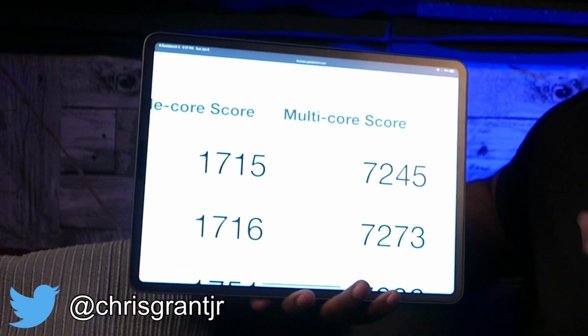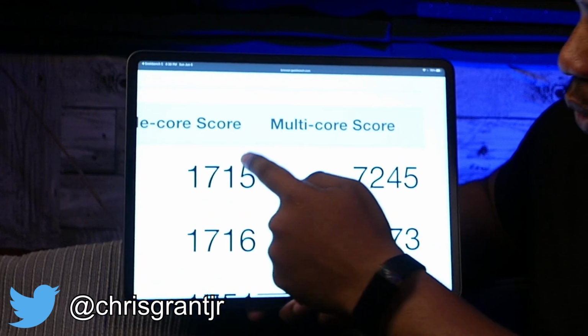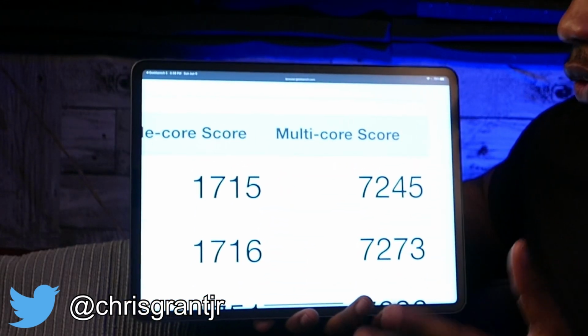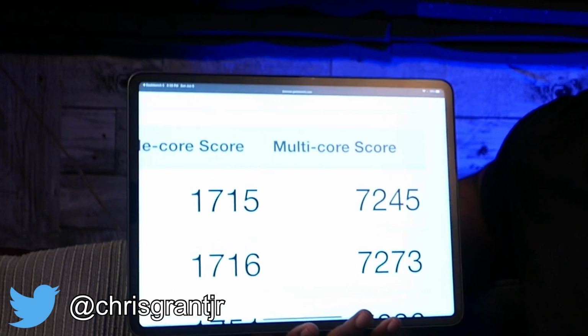Okay, so this time it looks to be a tiny negligible amount less, about 32 points on the multi-score and only 1 point on the single score. But we're going to do this multiple times to see if we can really get any kind of performance improvement, maybe over the long run. Maybe there's a reason why all these tech YouTubers have not run these kinds of tests, because they maybe don't work. So we got 1706 versus